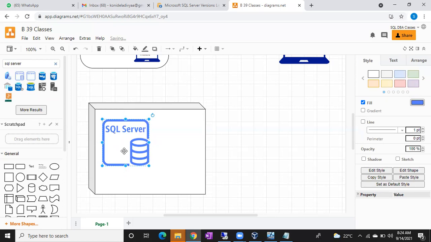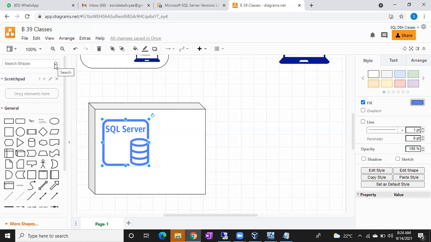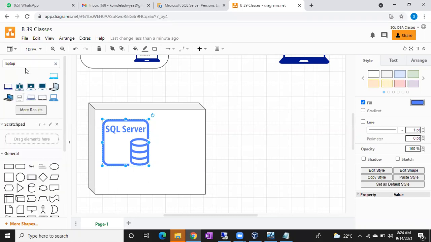So who can access this SQL Server? Those who have access, not only the DBA, can connect to my Windows server. So this is your laptop.